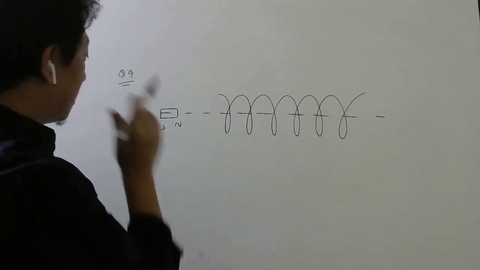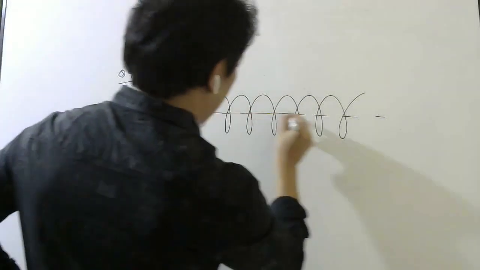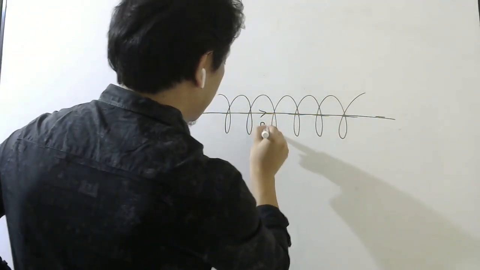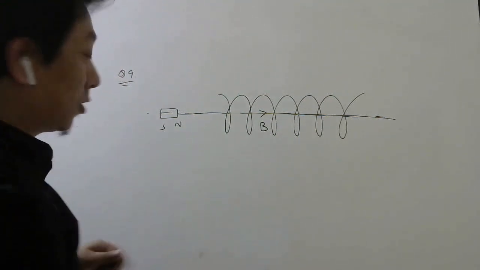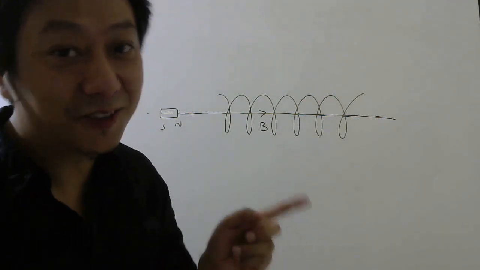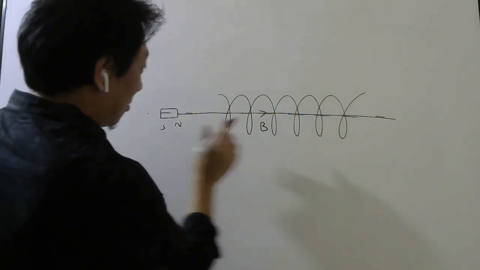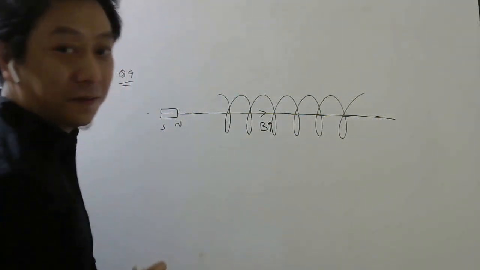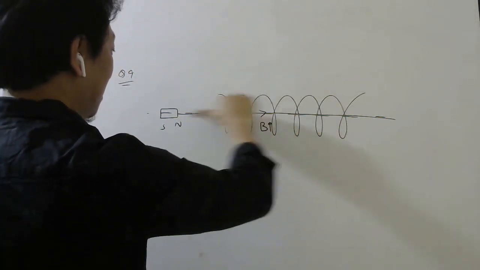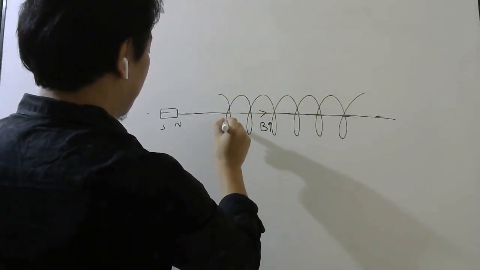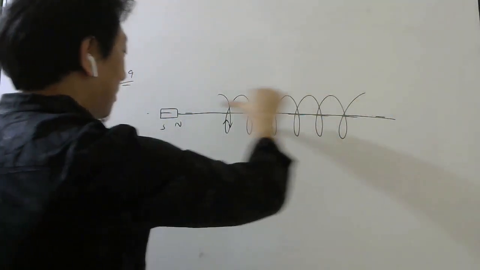So how will it change? Now you look here. As if the north pole is here, the magnetic field lines along the axis will look like this. This is the magnetic field by the source magnet. Because magnetic field can be produced by magnets also, and by current carrying wires also. So as this magnet comes closer, this magnetic field will increase. So the induced magnetic field produced by the induced current should be this way. So the current should flow this way, right? So that this will create a magnetic field this way.